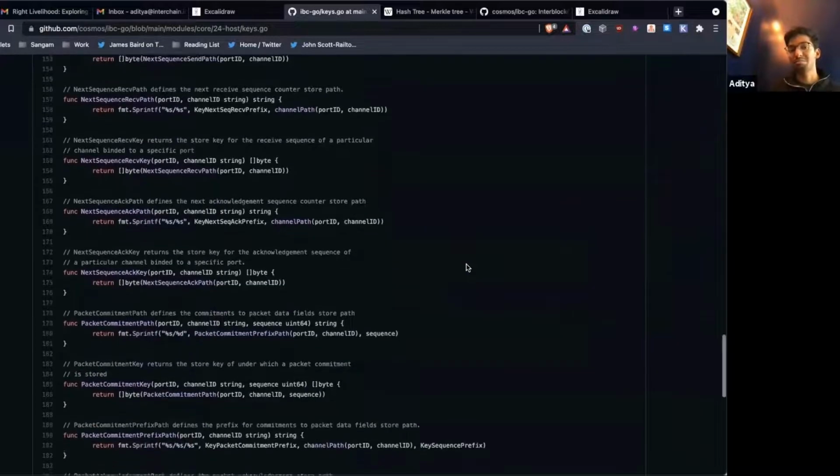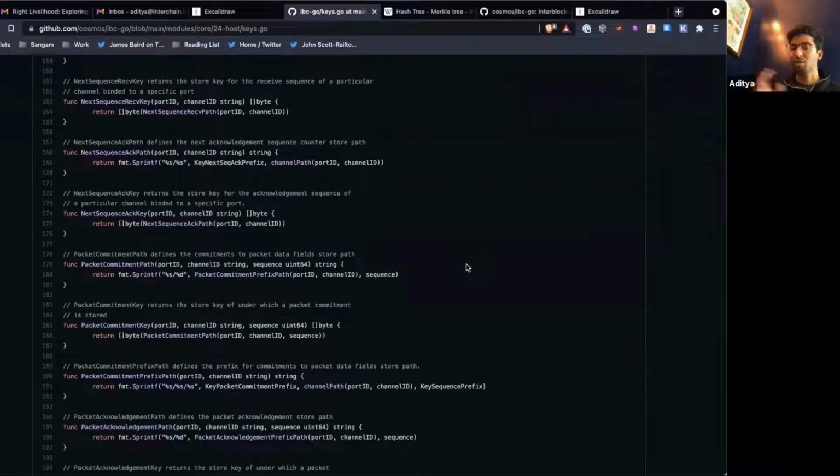how do I just take a root hash and know that a packet has been committed? Well, given a port ID, channel ID, and a sequence, I know exactly the key path that the counterparty chain is supposed to store the packet in. So the relayer will say, hey, I have packet 4 on port ID transfer channel 1. And in order to prove that, you have to show me that the counterparty had stored this particular packet you're giving me under this packet path,